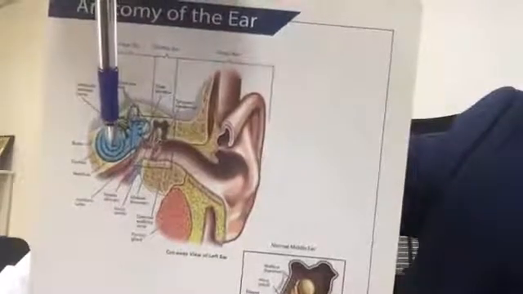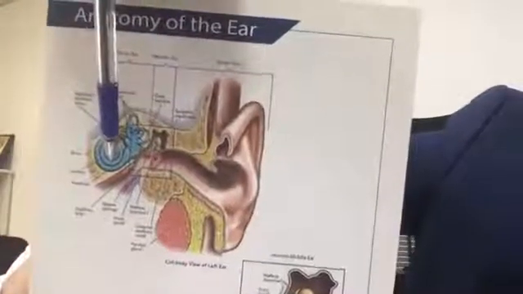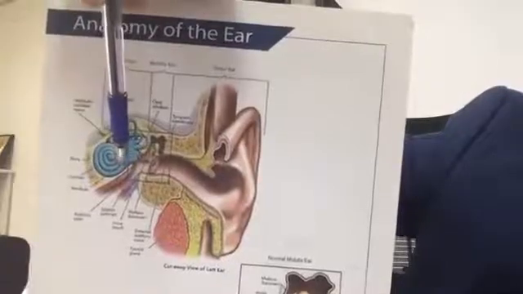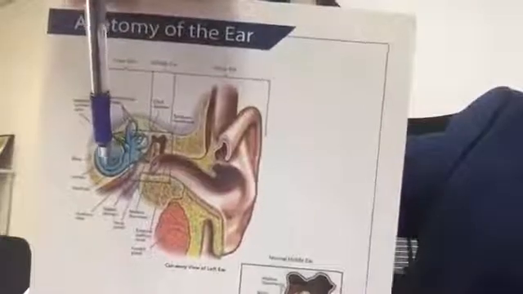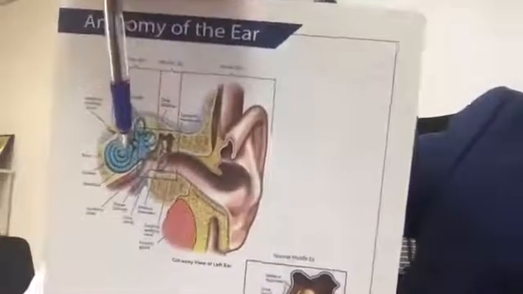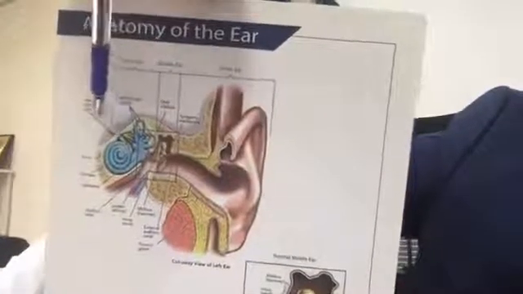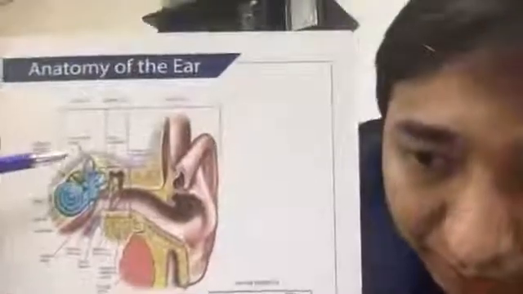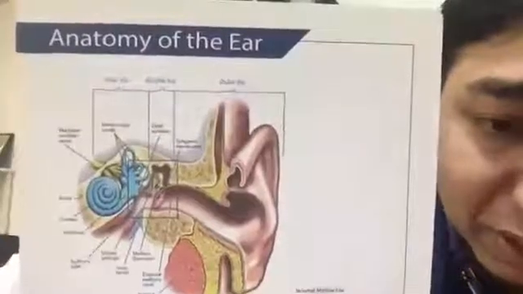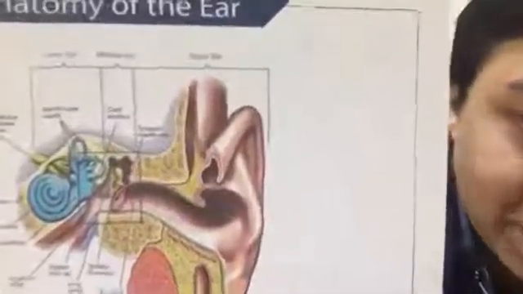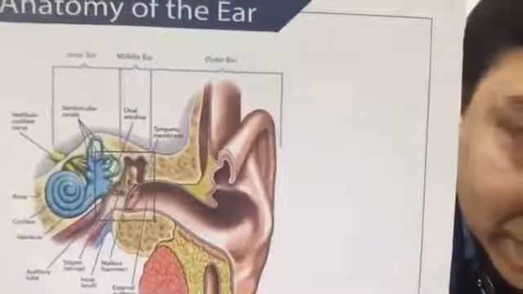Then the cochlea is disturbed. The cochlea has a water-like substance in it, and the vibrations which are conducted through the external ear mechanisms reach the cochlea and disturb the fluid within it. This generates small electrical currents, which are then carried into the brain by the nerves of the cochlea, which is called the cochlear nerve. So this is in brief the anatomy of the ear. So remember that there's the outer ear, middle ear, and the inner ear.